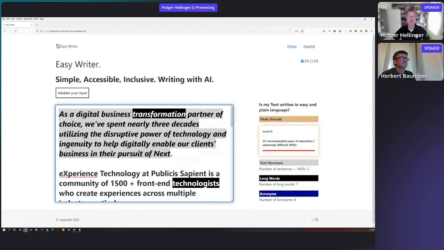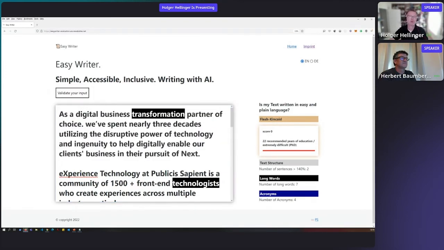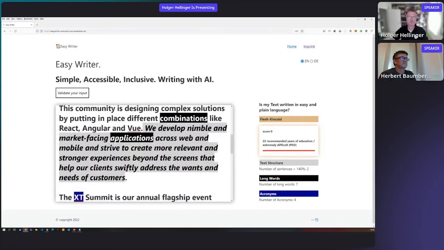And you see that the text that we have validated here is like 20 years of recommended years of education when we look at it from Flesch-Kincaid. You can go there and say, okay, I make the text a bit easier, and maybe I reduce the longest words that we have.